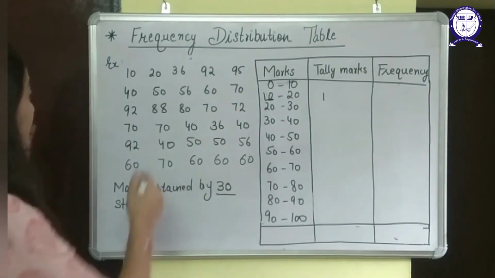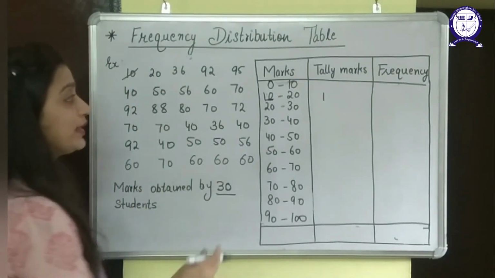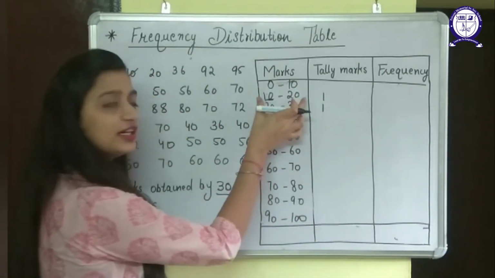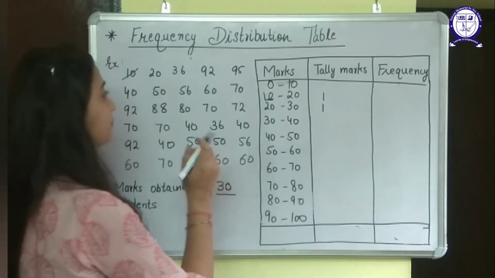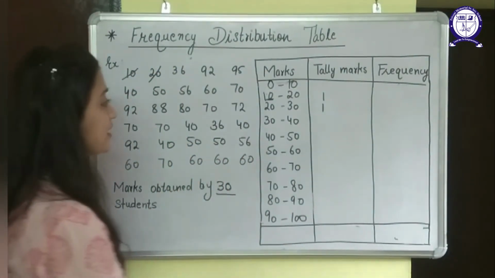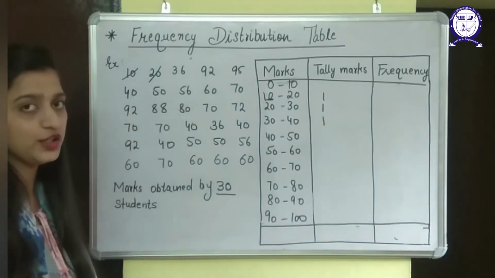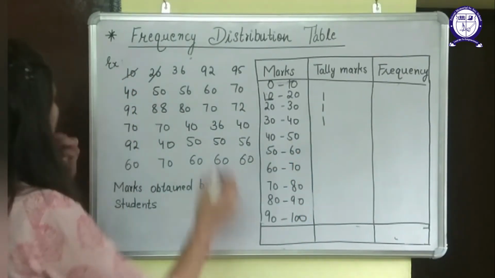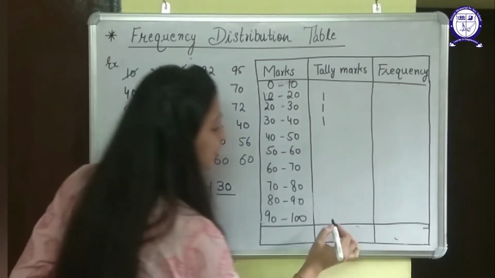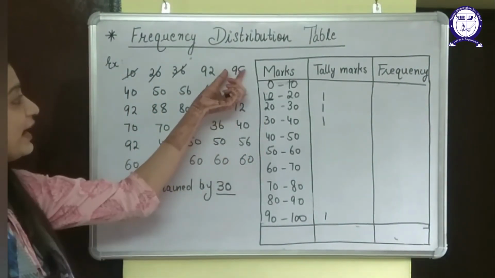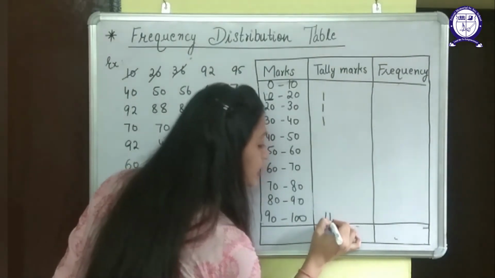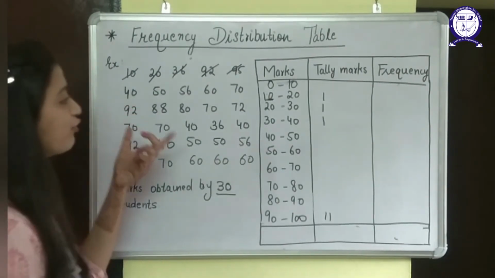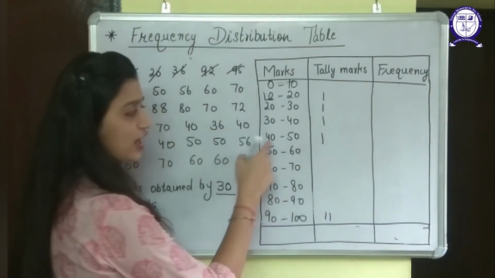Okay, then the number, I will cut it. The number is 20. So 20 can be here and here both, but I will take 20 in the next one, because here the numbers are from 10 to 19 only. Now 36. 36 comes under the group of 30 to 40. 36 will be here. Then 92 will be between 90 and 100. Similarly, 95 will also be between 90 and 100. Now 40 will be included in this one because it starts from 40.